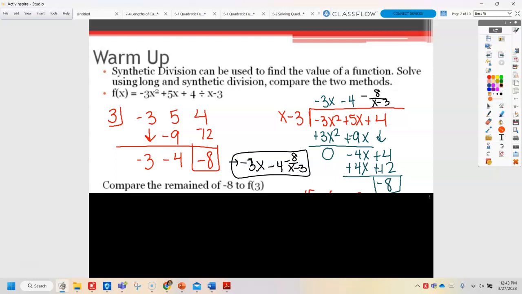What I want you to do is now take the value 3 and plug it in to our function. So we're going to compare the remainder of -8 to f of 3. So everywhere you have an x, plug in a 3, simplify,